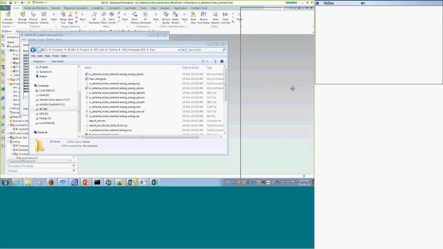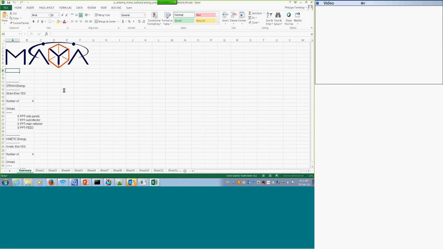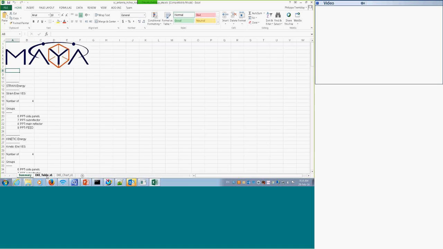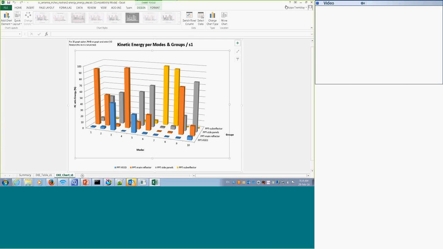Open. For kinetic energy here. Of course, that's completely different because here we're looking at the displacement rather than strain, or velocity rather than strain.